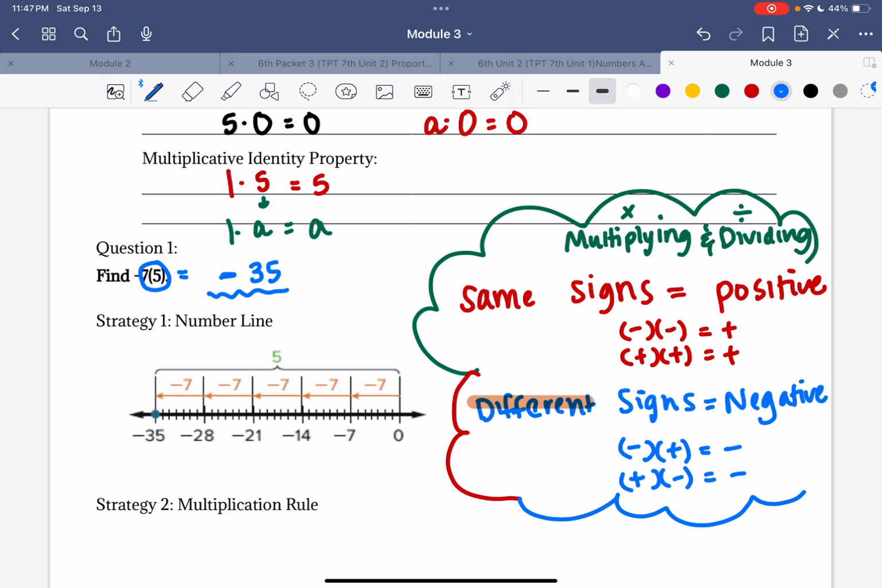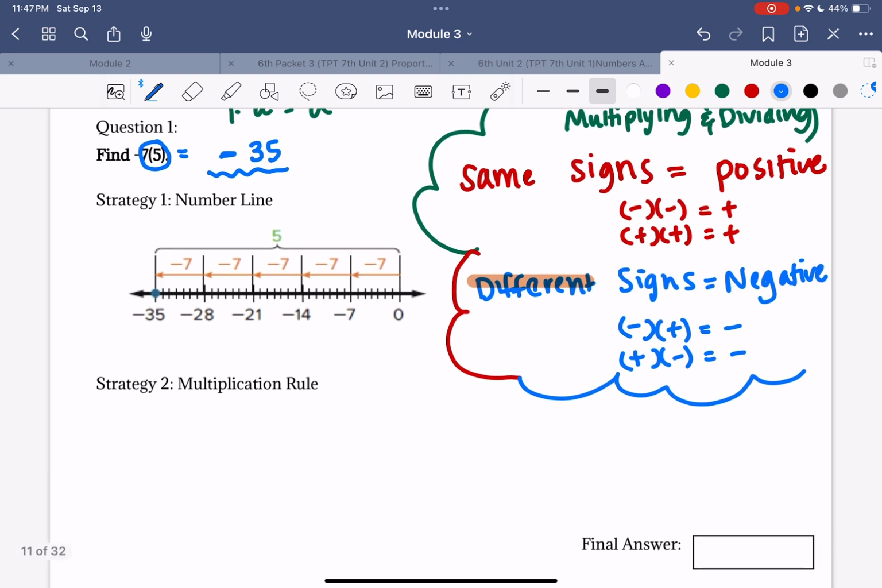If you say you're going to come back and do the negative at the end, sometimes you forget. So I would go through and do it first. Okay, so the way we just did it is using the multiplication rule. And then the number line, if you want to see it, to understand the why